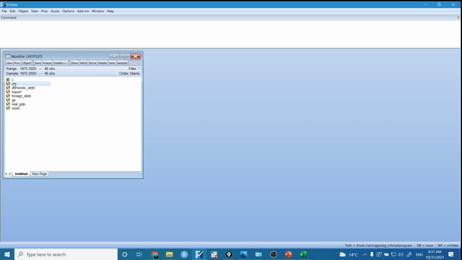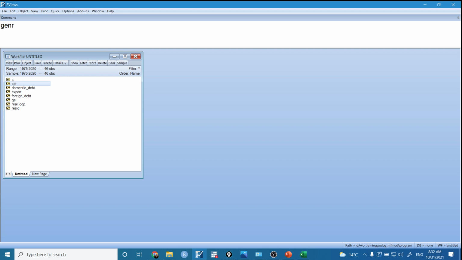That means we must first convert the data into log for analysis, because doing log will provide us with great advantages, such as the data will be smoothened, and the second most important feature is we can find out the elasticity. So now let's do the log transformation of the data, and you can do it simply by generating a new variable